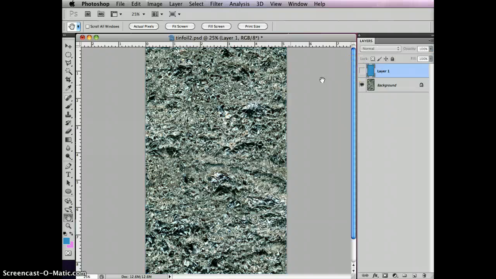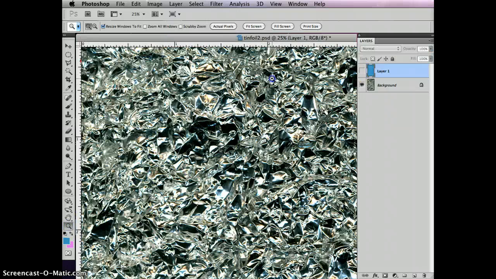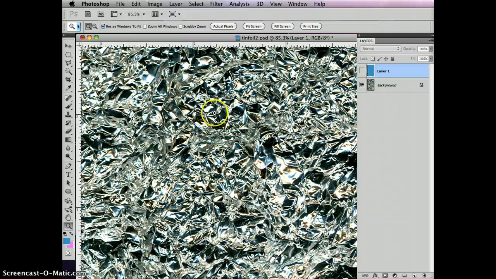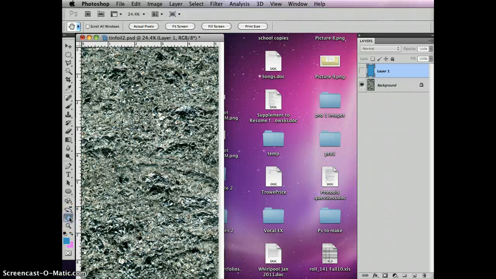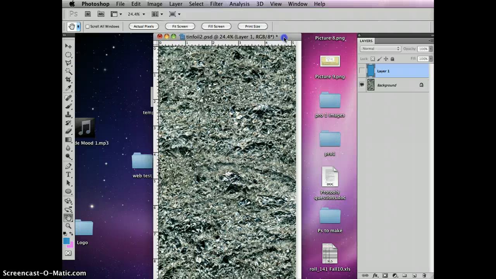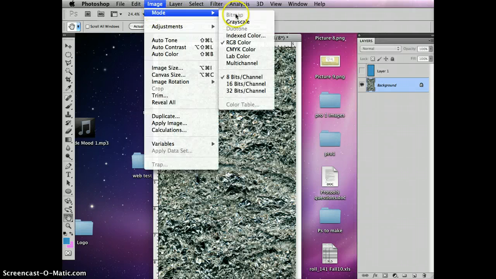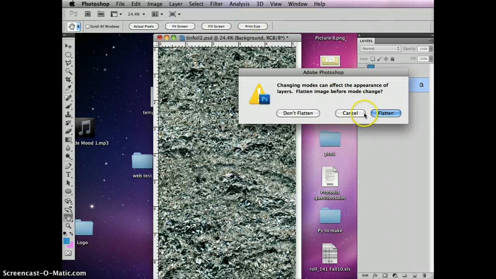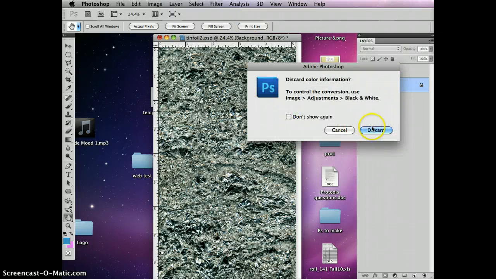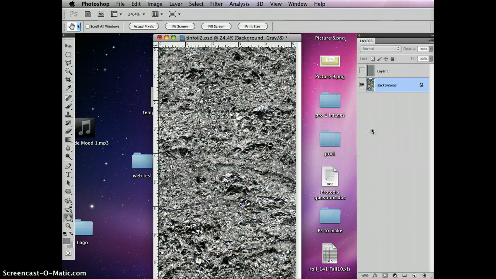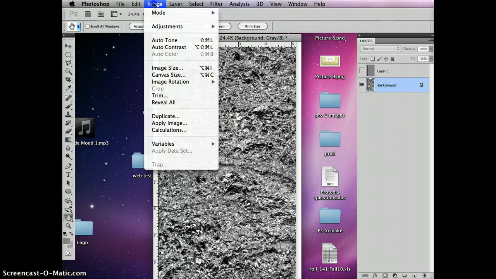But what I noticed when I brought this out is that if you get pretty close in here, you can see there already are some local colors showing up and some different things. So it often helps to strip all the colors out of the things that you're going to use for texture and to increase the contrast of them. So let's go ahead and do a couple of those things. I'm just going to go Image, Mode, and switch over to Grayscale. I don't want to flatten, and yes, I'm discarding all the color. Then the next thing I'm going to do is increase the contrast a little bit. So I'm going to go Image,